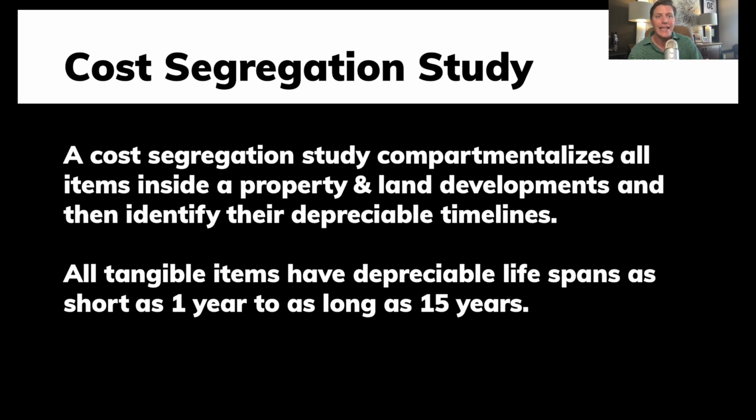And so what this cost segregation study allows us to do is find out what those timelines are. Again, a fence, let's use, is a 15-year timeline of depreciation. The tile flooring is a 10-year scale. The light fixtures are 5-year scales. And so what a cost segregation engineer does is go into the property, find all of these items, package them up and compartmentalize them into their different depreciable timelines, package all of those timelines up, see what that total amount of depreciation is, and you can take that entire amount and offset that as a passive loss in your taxes